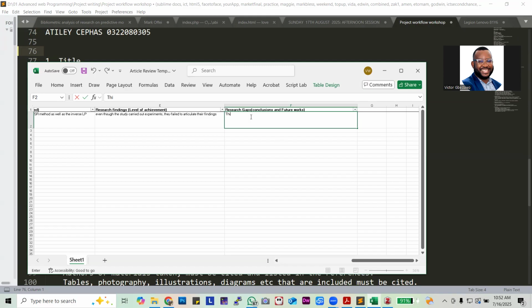When they say gap, they're trying to say the problem identified. So this paper failed to give future direction to research